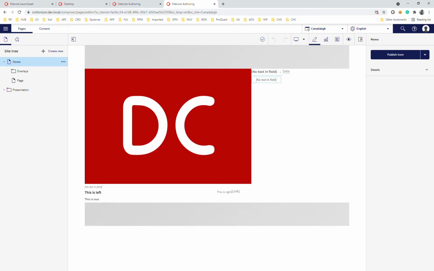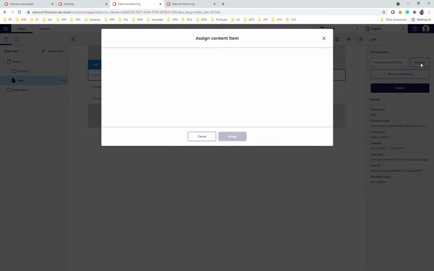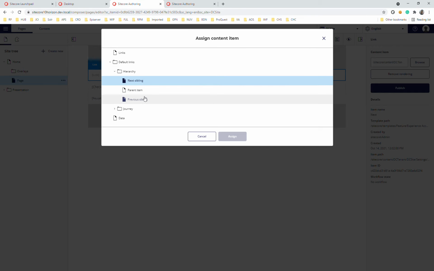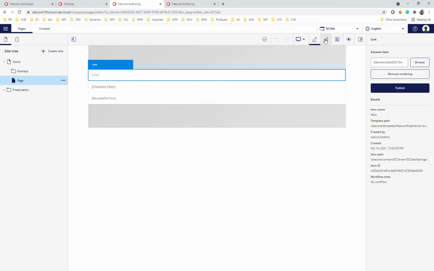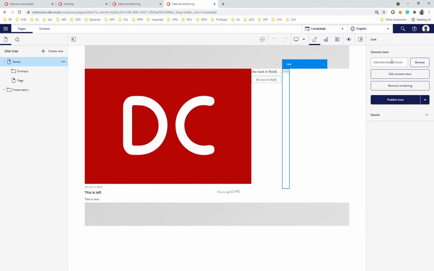Next is an improvement. Now you can edit a link field and a number field in Horizon pages, and you can edit checklist and drop down menu fields from the Horizon content. Quickly going to the 10.1 instance: in the older version, when I click on the link field, on the right hand side I only have the option to remove this rendering or choose a data source for it. I can choose a link data source item here, click select, and assign it to this rendering. But in Sitecore 10.1, I can also do the same: I can browse and choose, remove the rendering, and edit the content item.